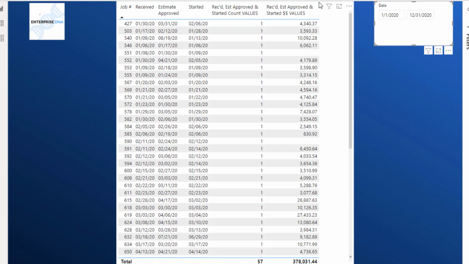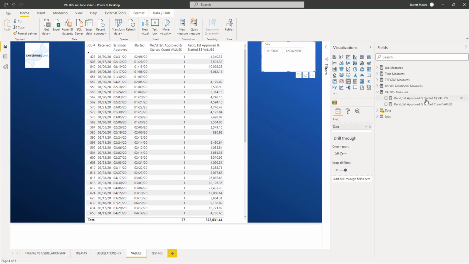So now, once I had that measure, all I really had to do was use a measure branching technique, which is basically just copying and pasting that formula. Instead of actually counting the rows for the jobs table, I actually had to do a sum of the actual total estimates. So if I open this one up,